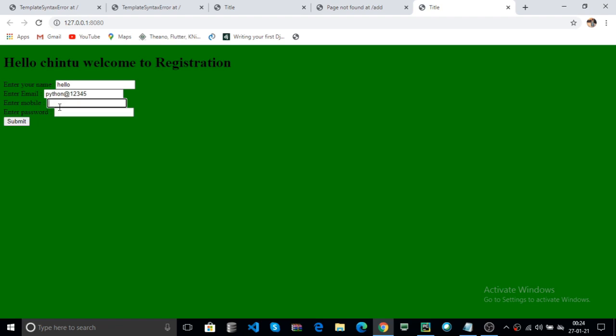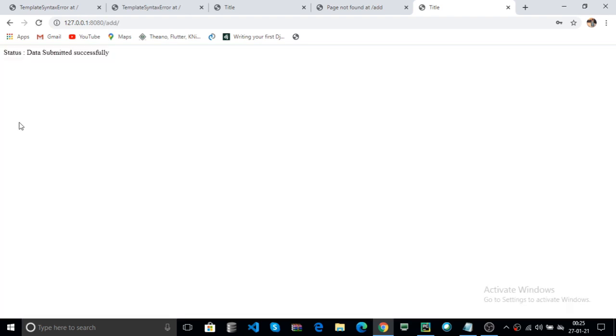For example, enter any mobile number. For example, enter the password and click on submit. Here status is data is submitted successfully.